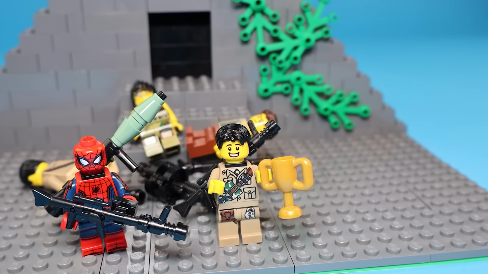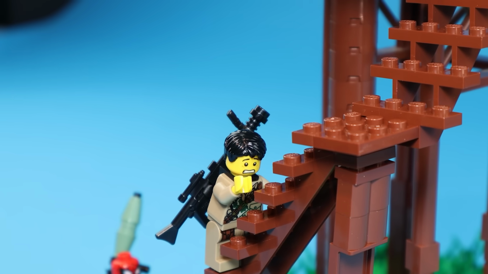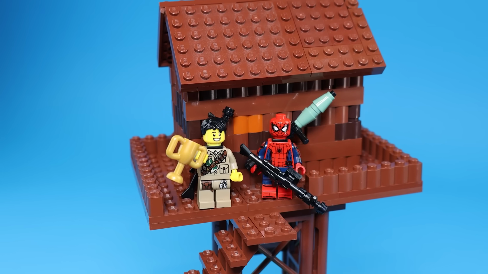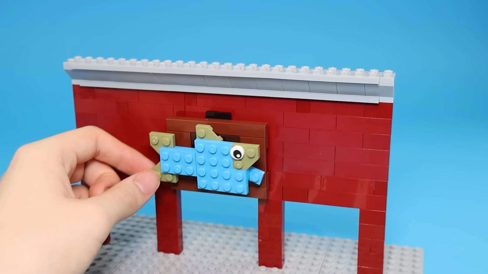They grab the second trophy and still have to find 3 more. So Jack and Bob travel to the Lonely Lodge, and after climbing all of those stairs, they finally found the 3rd trophy. Next up, I built the Retail Row fish store with a moving fish, which kinda looks weird, but